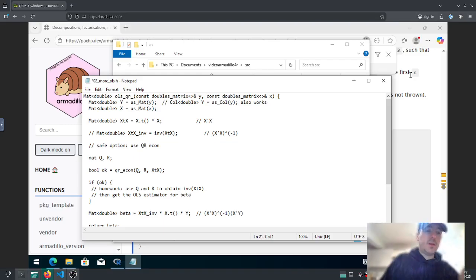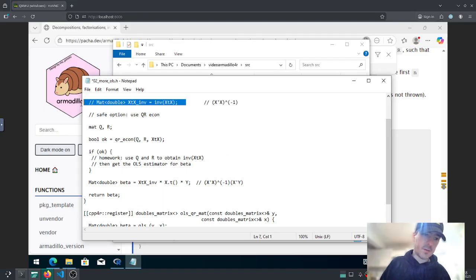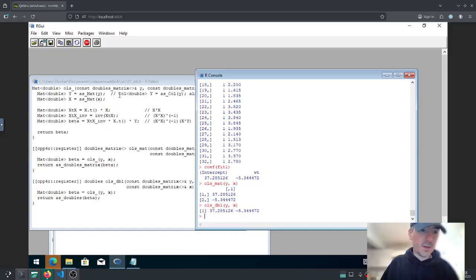Then you can complete the function and do the register process again and see if you obtain the same result. It's going to be the same result, but this is the numerically stable way, just in case. The lm function internally uses the QR decomposition for the same reason, to avoid doing something risky like that. For example, if something is collinear, etc. So when you complete this small assignment or homework, let's say,